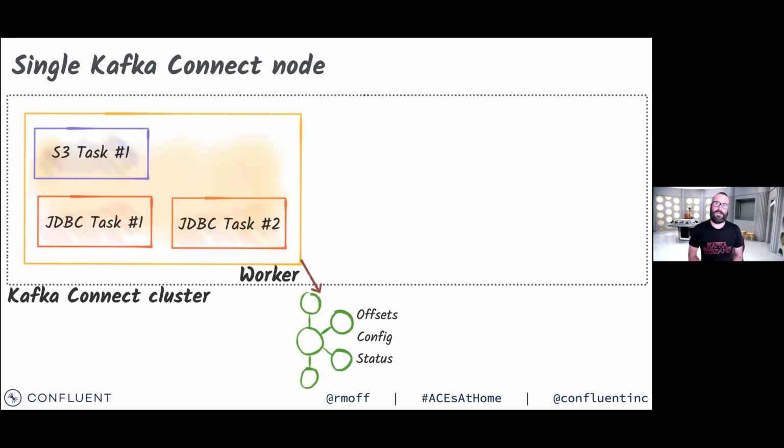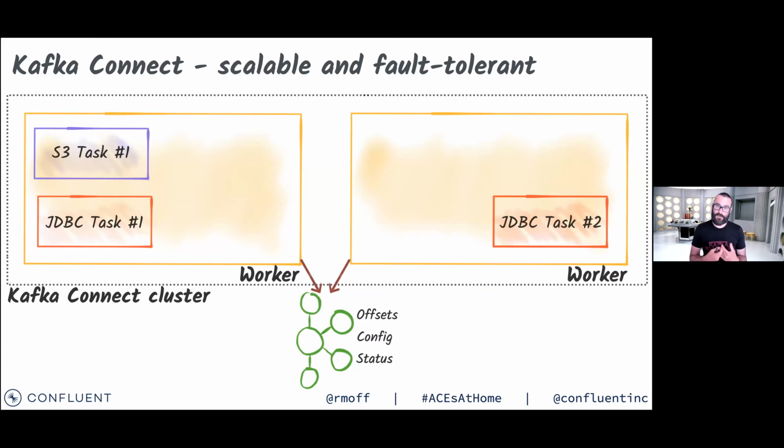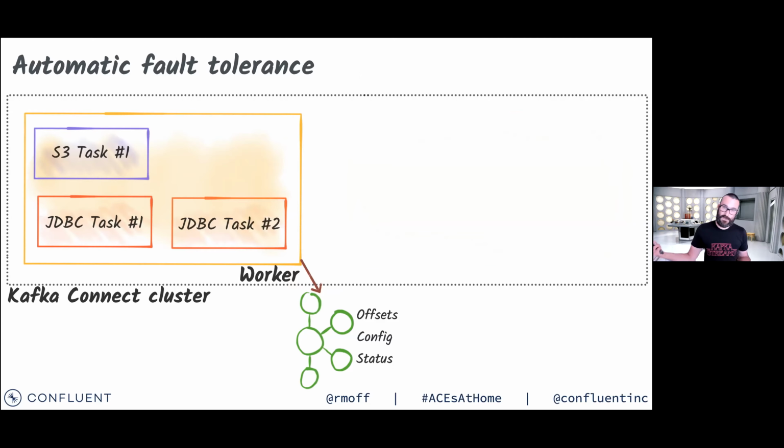When you run Kafka Connect, it's also a distributed system just like Kafka. It runs separate from your Kafka brokers. So your Kafka broker is like your JVM process that's running on one machine or many different machines or Docker images or pods or however you're going to run it. Kafka Connect, same idea. You can have a single one if you want to, but you can scale it out both for throughput and redundancy. So you can say, well, I'm going to have two workers and the workload gets distributed across them. If you lose one of those workers or you want to scale it down, Kafka Connect rearranges that work for you.